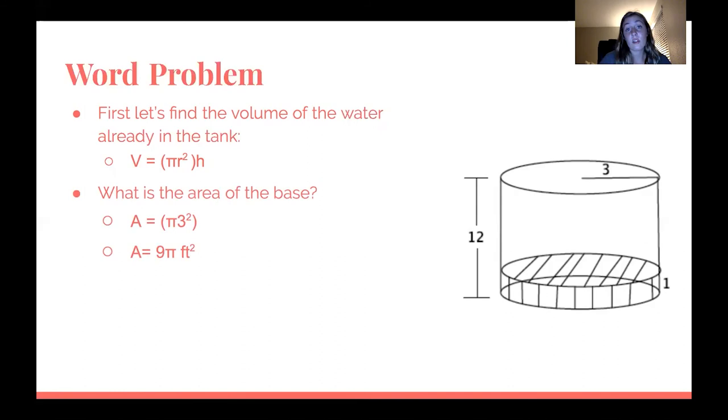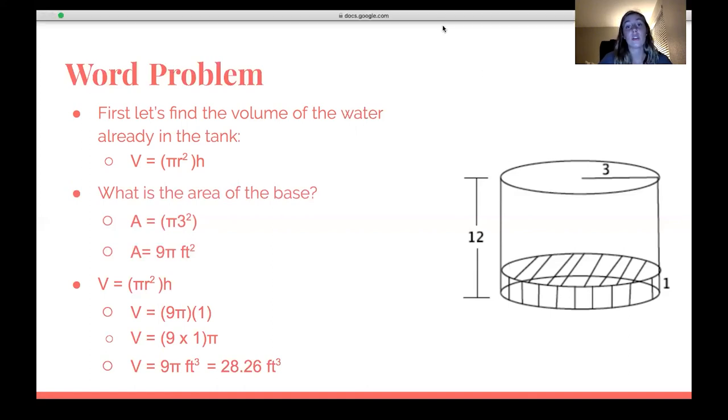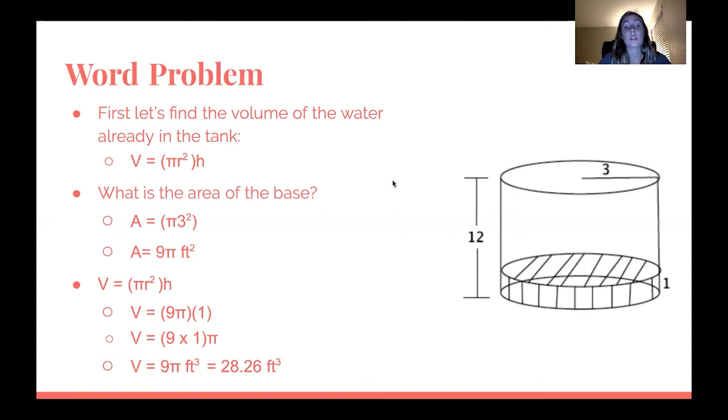Well, our radius is still the same. So 3 squared, 9 pi feet squared. Well, our height is different. So when we're looking for the volume, we're going to take the 9 pi, which is the area of the base, and multiply that by 1, our height. 9 times 1 is 9. Multiply that by pi. 9 pi feet cubed equals